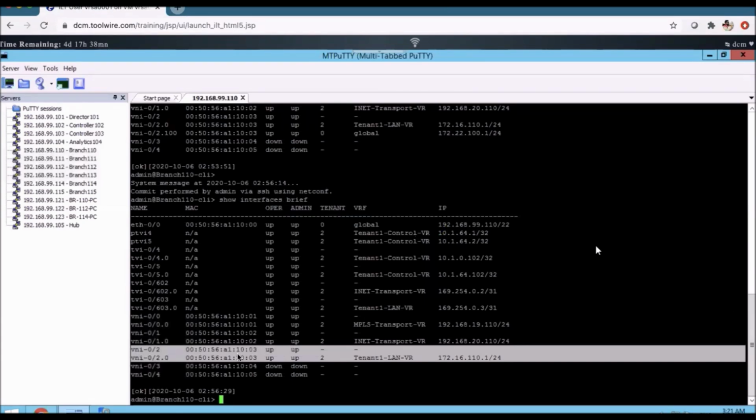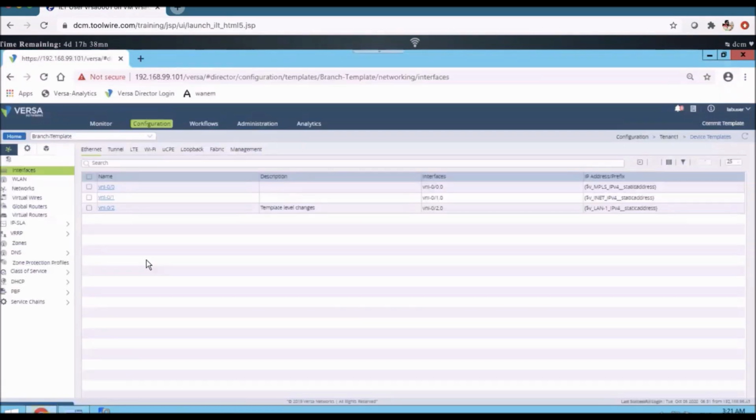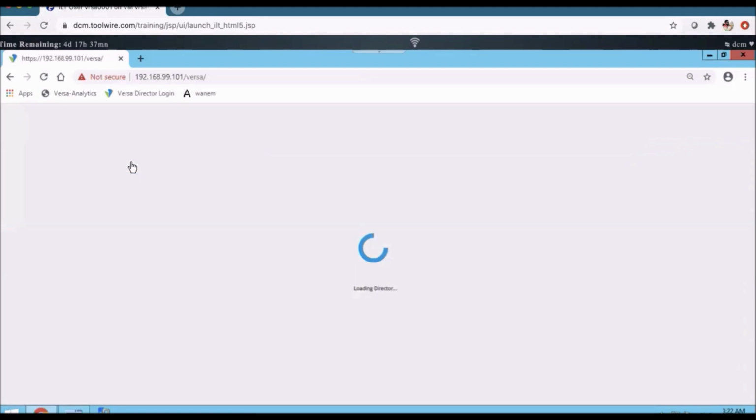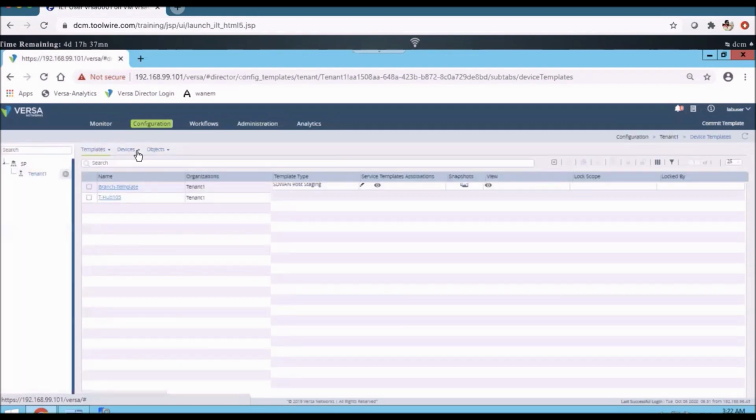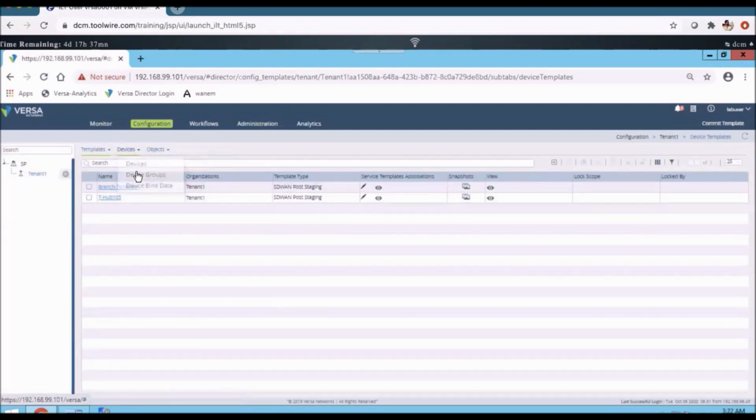Hari, can you go to that template, device template configuration? Can you go to the device group? Branch template, device group.